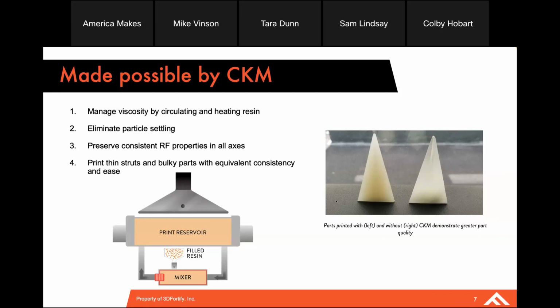So if you look at the print reservoir and the build plate above it being plunged on the z-axis, we work with materials sometimes, due to that high filler content, as thick as clay, and the build plate must plunge down at its 8.5 by 4-inch footprint and squish that material to a thickness of 75 micron. Well, really anywhere from 20 to 25 to 150 micron. For the purpose of the Rogers Radix we'll be discussing today, it is a 75 micron build layer. So that compresses to 75 micron, and then the